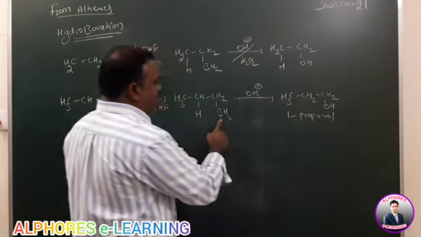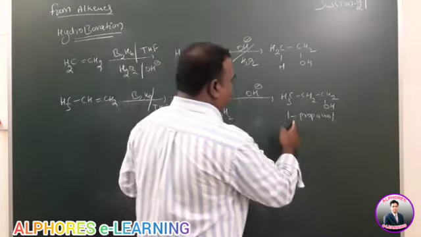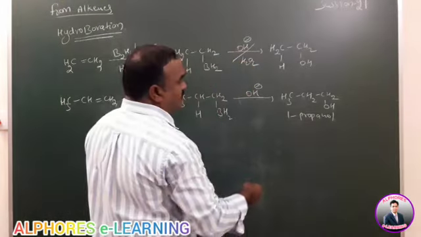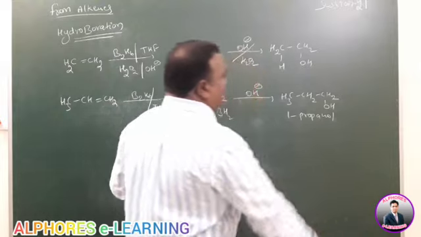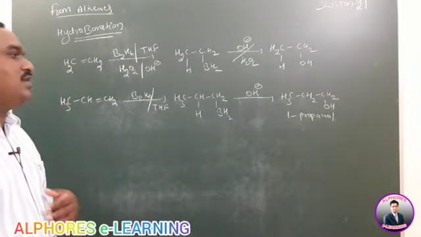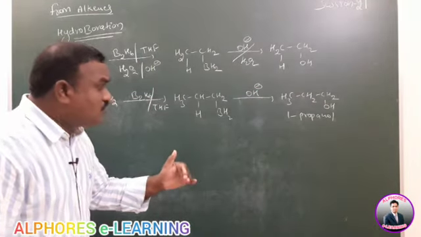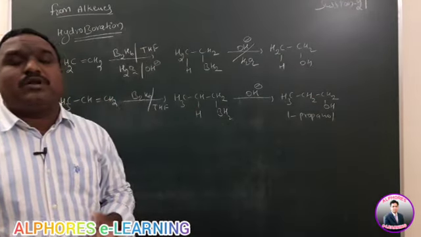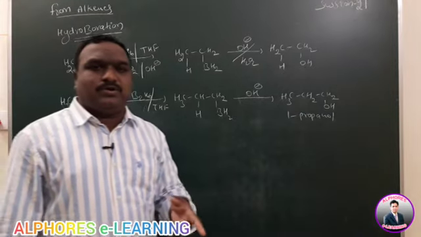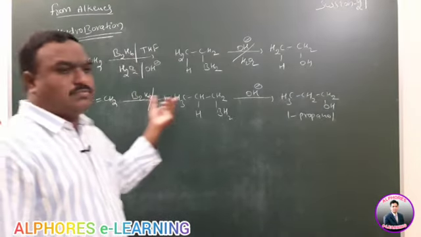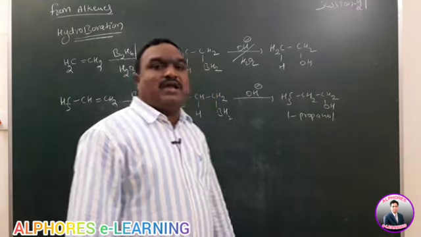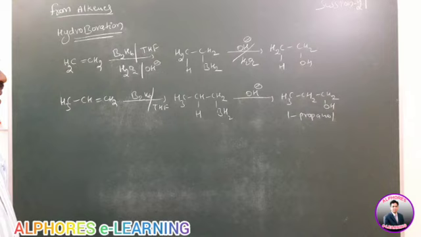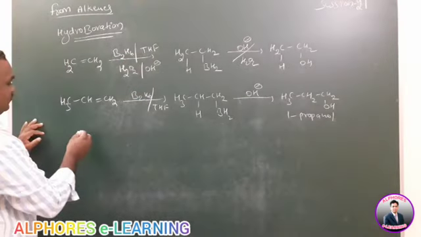Then we replace that BH2 group with an OH group to form the alcohol. This step is generally called the oxidation step, but the product is the anti-Markovnikov product. If the OH group is on the second carbon, that one is the Markovnikov product. You remember, the addition is Markovnikov addition, but the formed product is the anti-Markovnikov product. Why? Because there is no rearrangement in this case. No rearrangement.